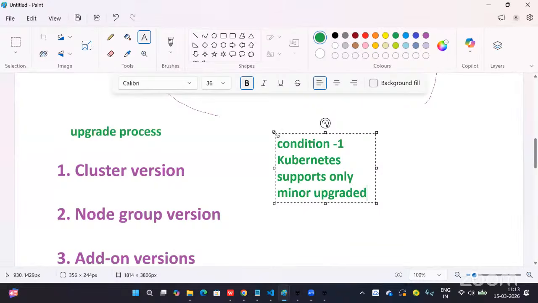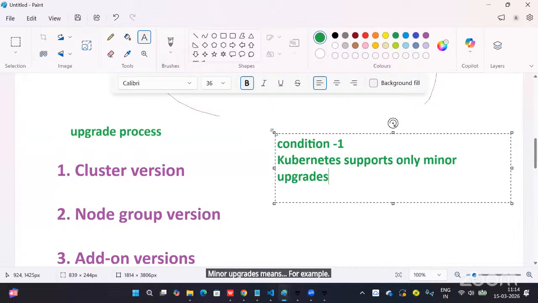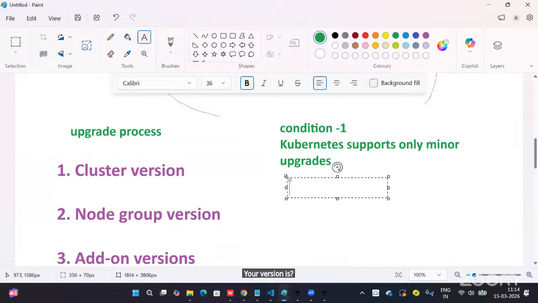Minor upgrades means, for example, your present version is 1.29, but Kubernetes is supporting up to 1.35. Kubernetes does not allow upgrading from 1.29 to 1.35 directly.